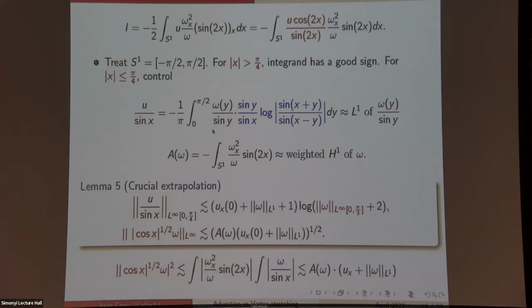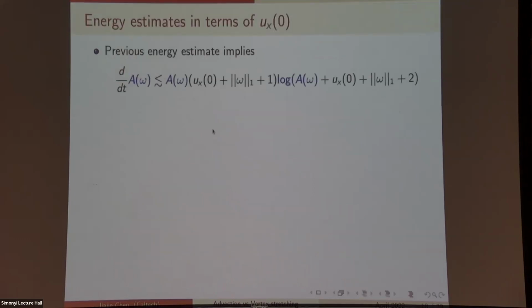Okay, now using all of these estimates, we derive these very crucial inequalities. When we obtain these inequalities, the first thing one can see is that if the black terms are constant or bounded, then this estimate shows that the energy A can grow at most double exponentially fast. So that's why we can control the energy A for all time.